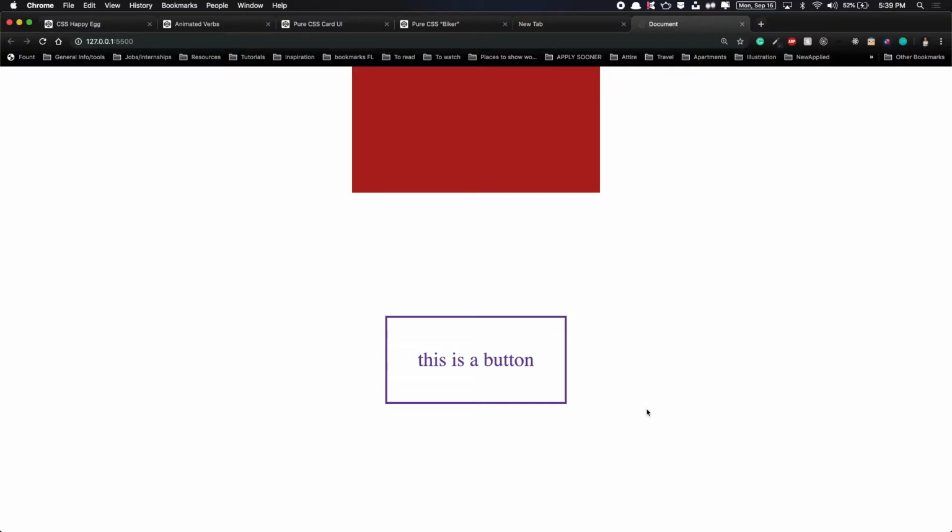So basically, I want on hover to add a nice little transition to this button. When I hover it, I want the background to change to purple and the font to change to white. And instead of just fading into purple, I want the background to come from left to right. I want it to slide